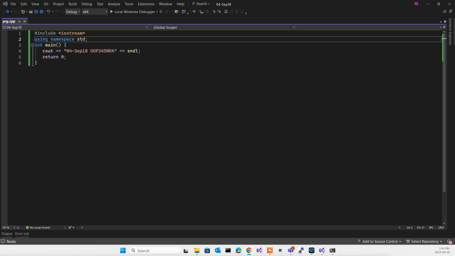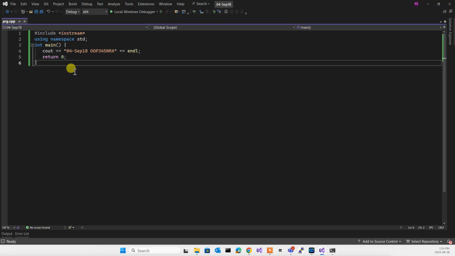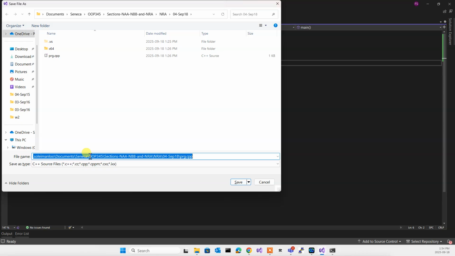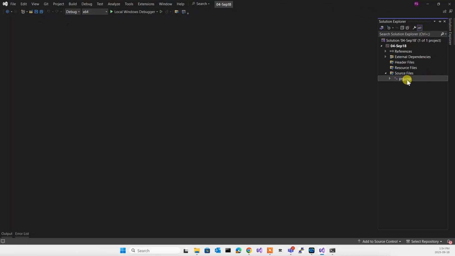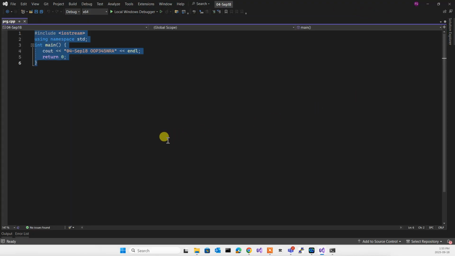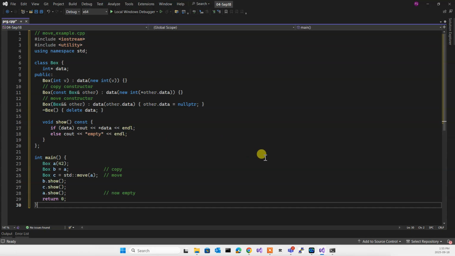We talked about classes, constructs and initialization. We talked about move versus copying. So we essentially said that whenever you are copying data, as you see over here, I have